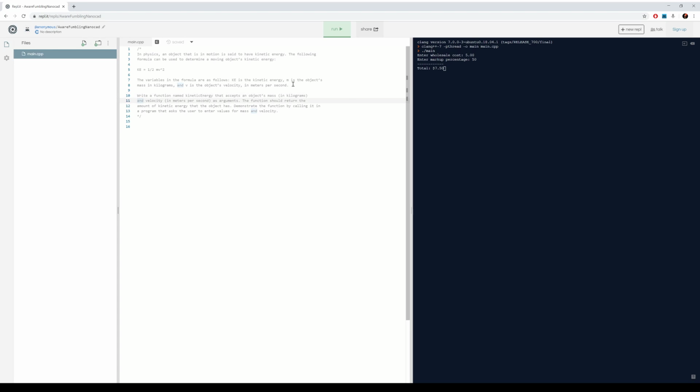So we want to write a function named kinetic energy that accepts an object's mass and velocity as arguments. The function is to return the amount of kinetic energy the object has. And we want to demonstrate the function by calling it in a program that asks the user to enter those